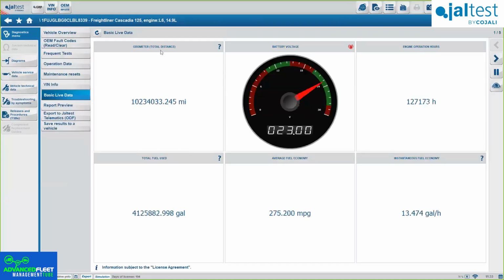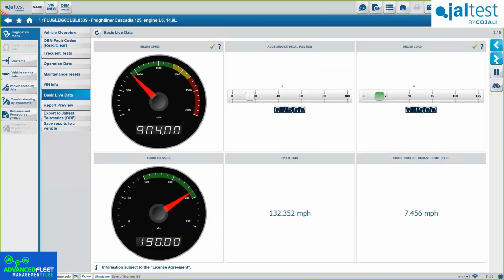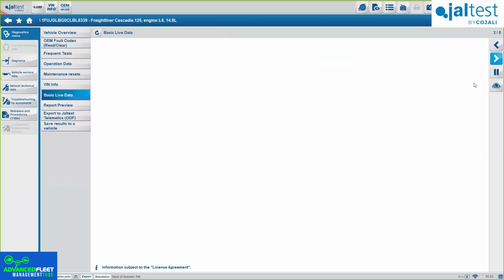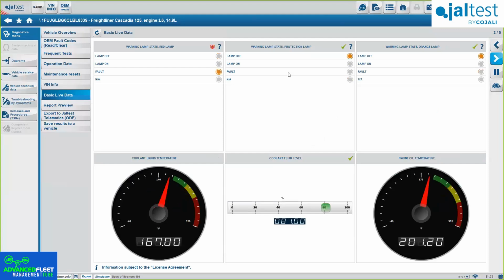So in this case, we have the odometer, battery voltage, engine operation hours, and you see here there are several different options. So again, if you want to check the basic live data, so you know the coolant liquid temperature, you can always go through here without having to connect specifically to the engine. But if you want to check all the data from the truck, you can connect to the engine, and I'll show you how to do it right now.